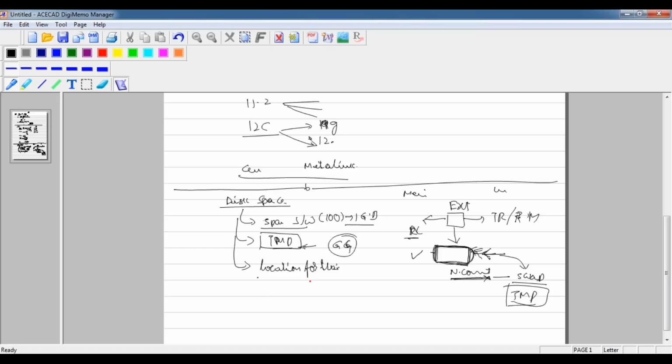The third point is location for trail files. This is very, very important. You have to allocate sufficient space for the trail files. Say for example,